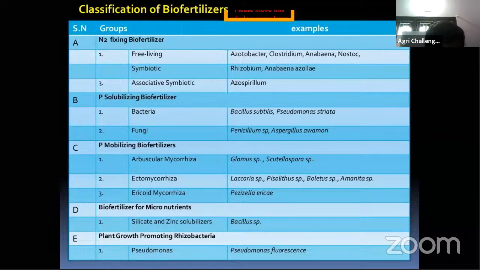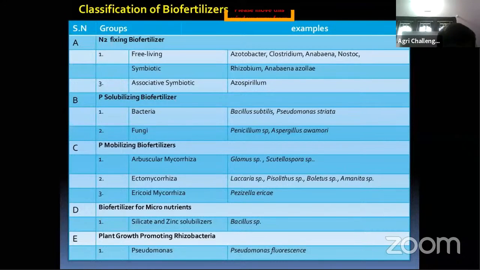It mobilizes the phosphoric fertilizers near the root zone. That is VAM, arbuscular mycorrhiza: Glomus species, Scutellospora. Then ectomycorrhiza also there: Laccaria, Boletus, Amanita. Then ericoid mycorrhiza, Pezizella ericae.